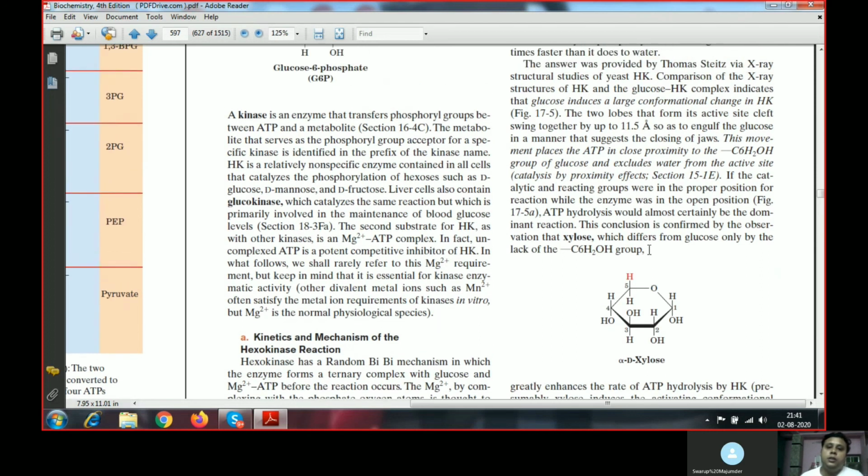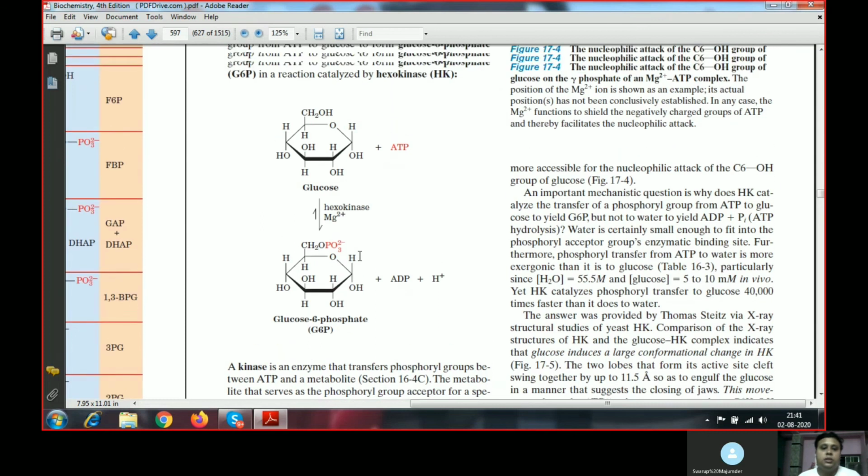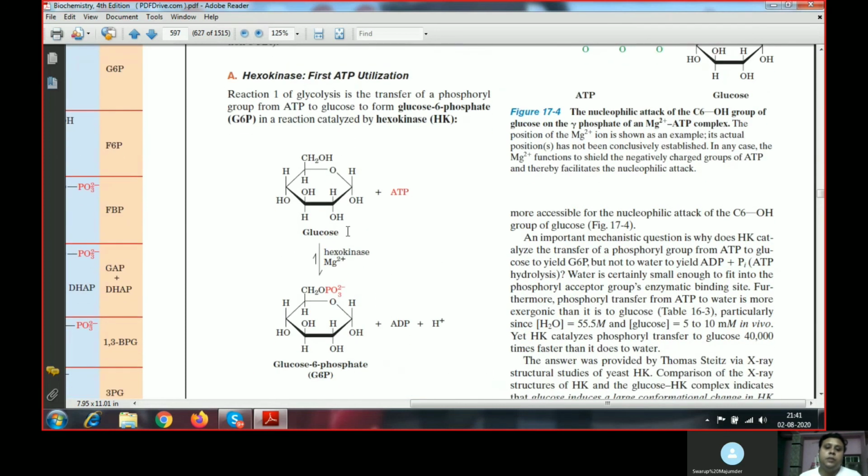So this is the detailed mechanism of how the hexokinase molecule works, why uncomplexed ATP is an inhibitor of the hexokinase reaction, what the importance of ATP-Mg2+ in glycolysis is, and why ATP is not donating its phosphate group to the water molecule, which is known as ATP hydrolysis, but is donating it to glucose to generate glucose 6-phosphate. So this is the first reaction of glycolysis, by which we convert glucose to glucose 6-phosphate. Hope you understand.